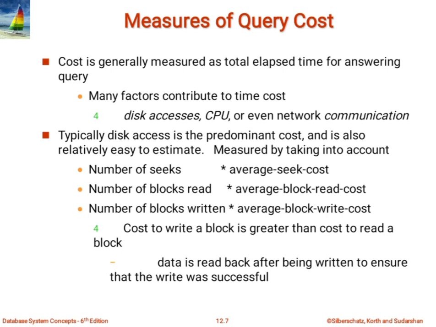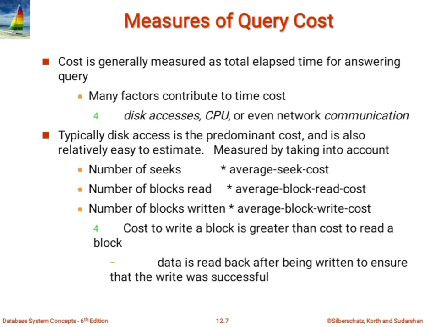The second subtopic of this chapter is measures of query cost. Whenever we say the cost of the query should be minimized, there should be a unit, right? For example, if I want to measure water, there must be some unit of quantity. I can't say I am having 1 dozen of water or 2 dozen of water. So there must be a unit to measure the quantity.